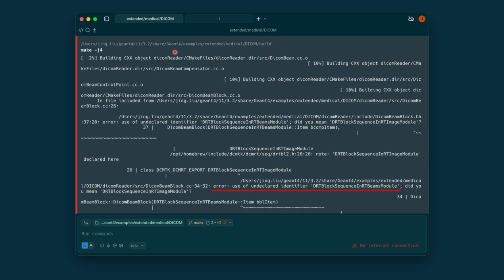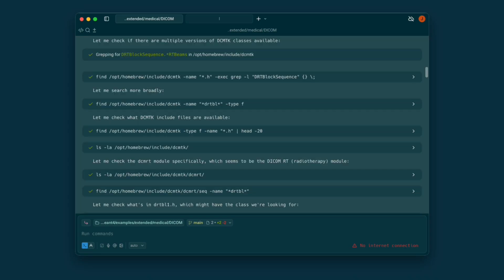Coming back to this specific issue, I failed to compile Gen4 example DICOM due to an error related to a third-party library, DCMTK. I had no prior knowledge of DCMTK and didn't know how to solve this problem exactly. AI's approach was very reasonable. It started with checking if I installed multiple versions of DCMTK, and then started to search for the class name